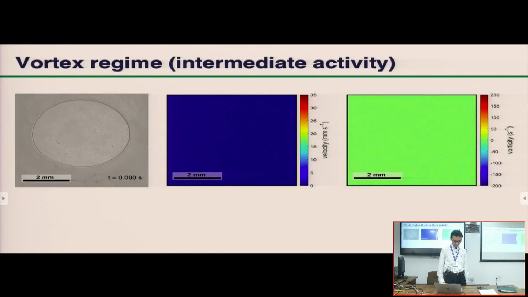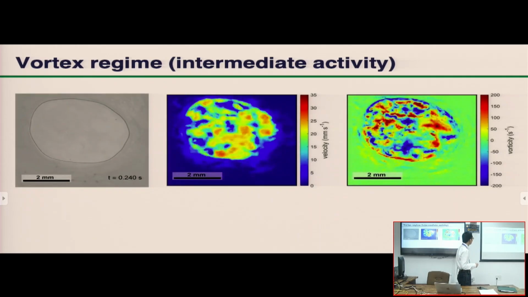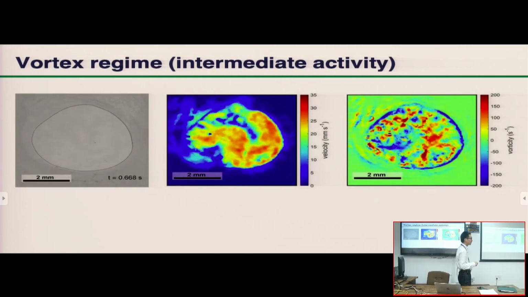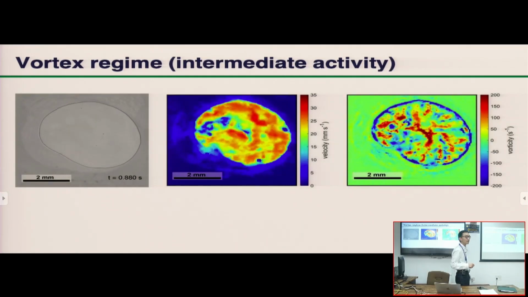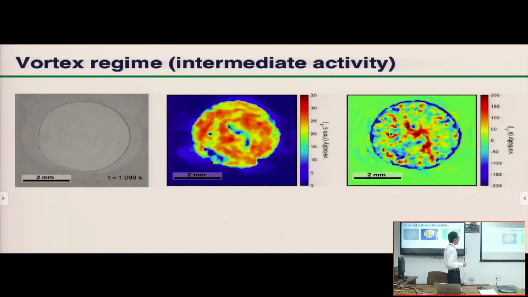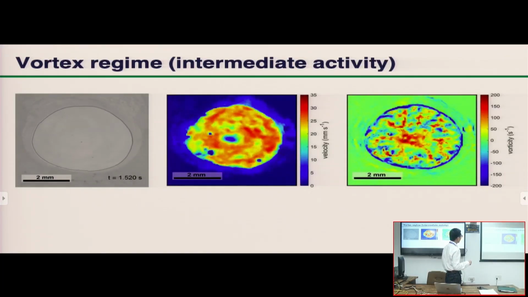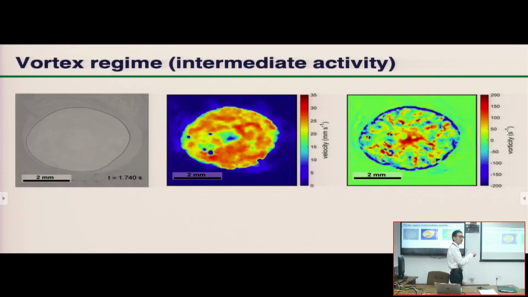Okay. Now we increase activity from the previous, and that's what we're doing here. Of course, you see one thing right away is the shape changes much more than before because it's now more active. And the other thing is, it actually goes into a vortex regime. It's spinning. The bacteria will go